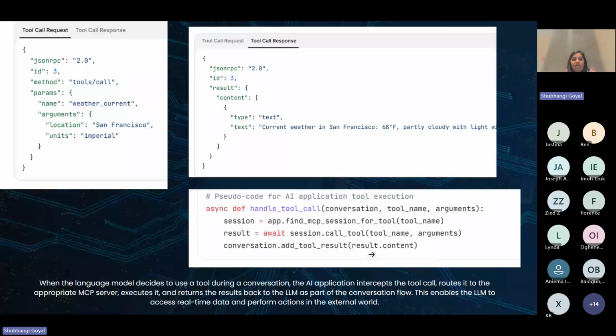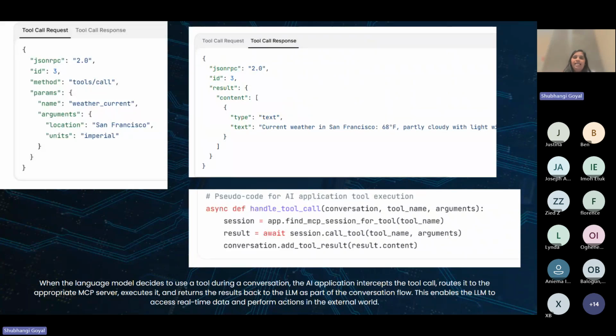So when a language model decides to use a tool during a conversation, the application intercepts that tool call, routes it to the right MCP server, and executes it. Once executed, the result returns to the LLM as part of the conversation flow.